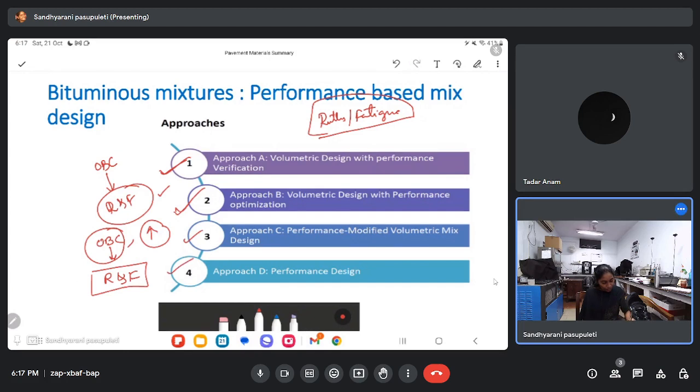But in approaches 3 and 4, in the 3, usually we finalize the OBC based upon the rutting and fatigue. So we take the aggregate gradation, we add a random bitumen content. First we check for the rutting and then fatigue, then moisture damage. If everything gets satisfied, then we check the mixture for volumetrics. If that is also satisfied, that binder content is the final. But in the final approach D, we don't even check for the volumetrics. We solely design the mixes based upon only performance criteria like rutting and